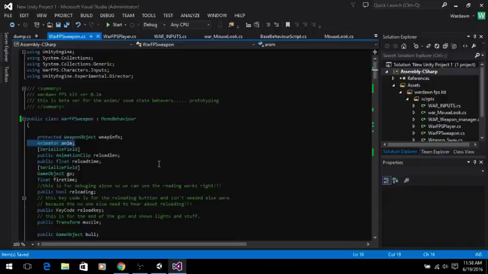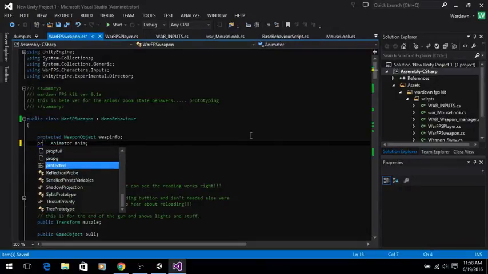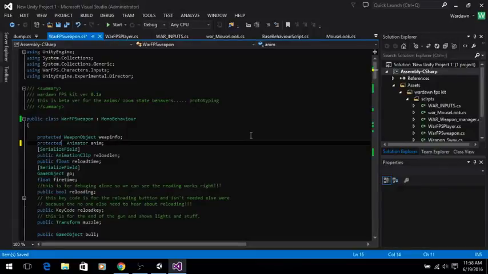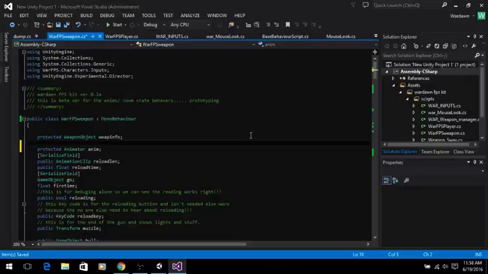And it's not for, possibly, I don't know. Let's go protected. But we can still put a serializable field so we can see it. And weapon info is nothing but a weapon object, so